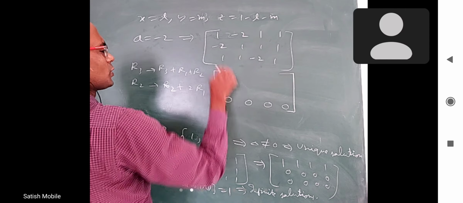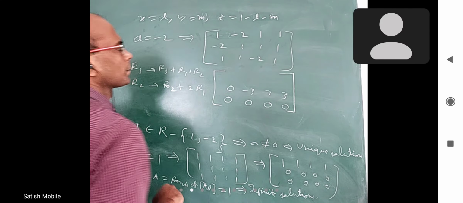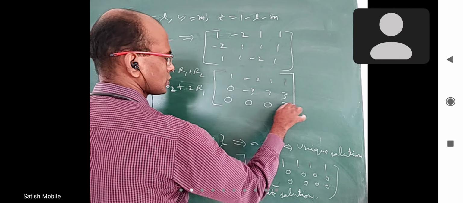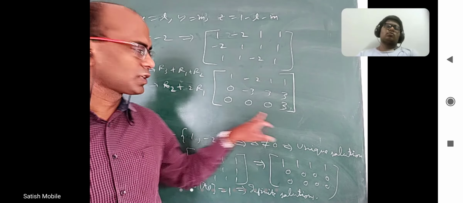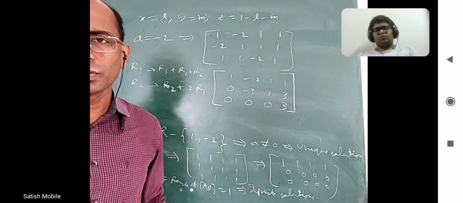Here when I multiply 2, this is 0, this is minus 3, this is 3, this is 3. 1 minus 2, 1, 1. This is not 0, this is 3. You know, this itself is a meaningless statement, that 0 into x plus 0 into y plus 0 into z equal to 3. How can 0 be equal to 3? Am I right?